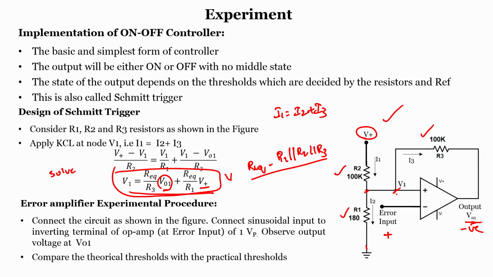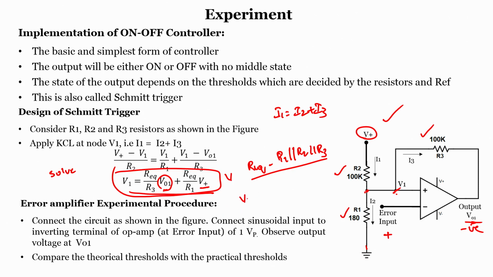We know that if the input voltage is higher than this value, the output will be minus VCC. So, recall our Schmitt trigger. If the input voltage is greater than the higher threshold value, it goes to minus VCC, and if the input voltage is lower than the lower threshold, it goes to plus VCC. It is a reverse of your non-inverting type. So, sometimes we will get plus VCC, sometimes we will get minus VCC.